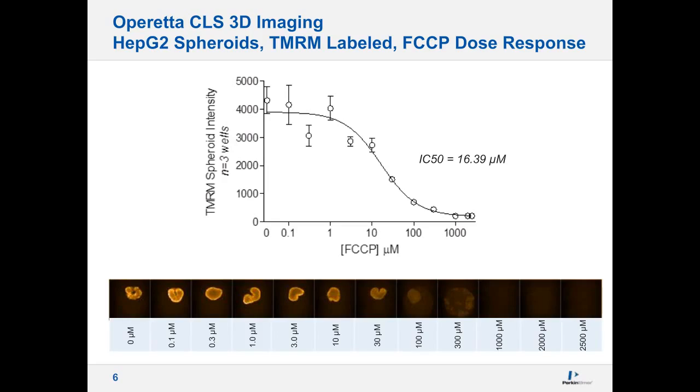We were able to take that data and generate a dose response curve, and the fit went pretty well. Again, these cells were challenged just overnight, so approximately 20 hours. You can see we have a nice dose response from which we can calculate an IC50, and this was an N of 3 different wells.